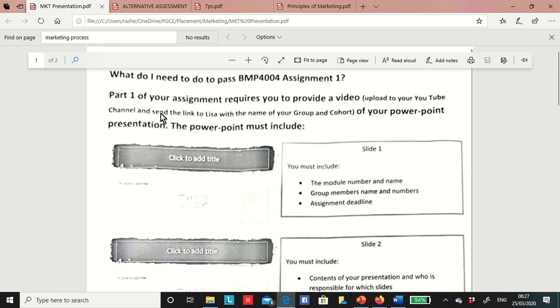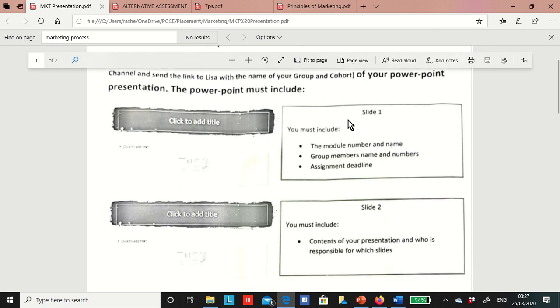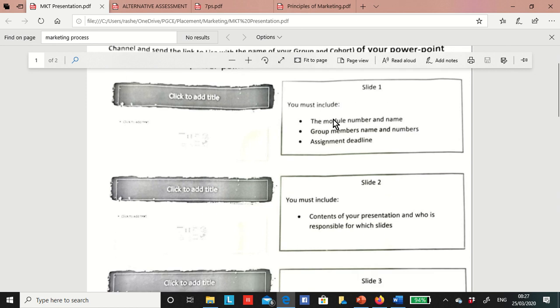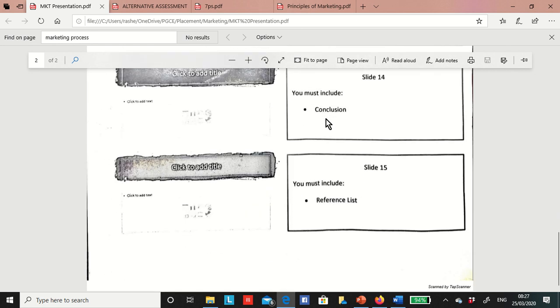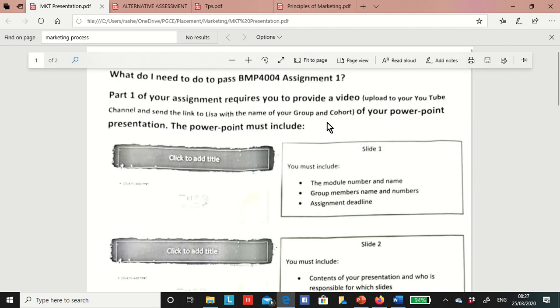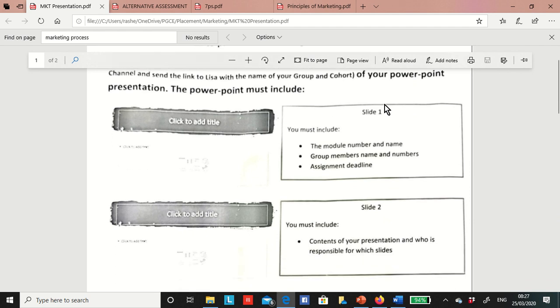It says what I need to do to pass BMP 4004 assignment 1: the structure of that presentation with a few slides. I'm just going through it slide by slide, so you'll know if you haven't got it or you lost it, and you can double check again because you still have enough time. You can amend if you think you have missed something.